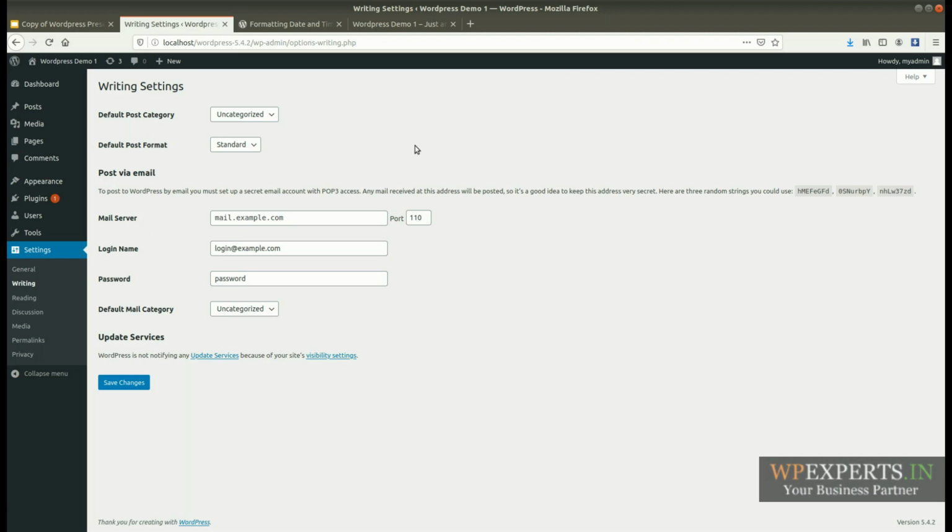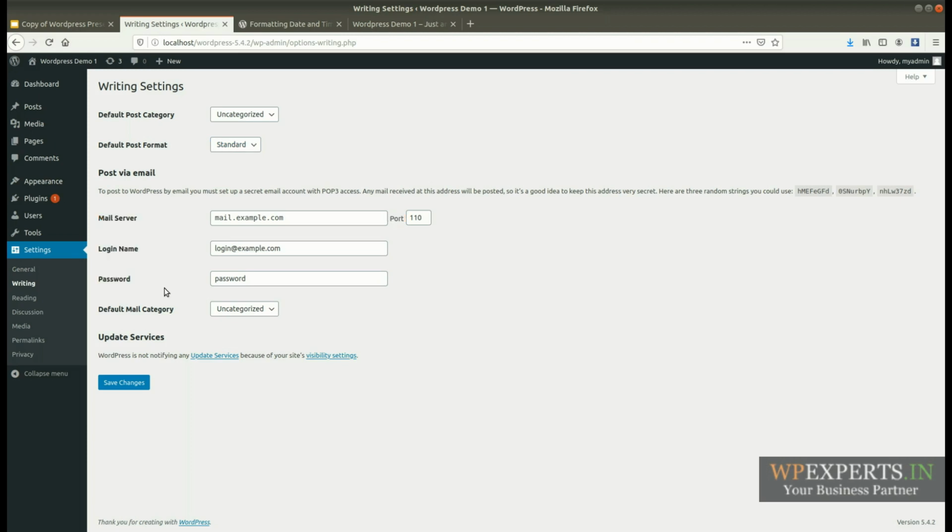Okay, and same with format: if you want to define the format of your post, in that case you can change the format here. By default its value is standard. And if you want to change the post by mail server settings, in that case you can define the mail settings here.